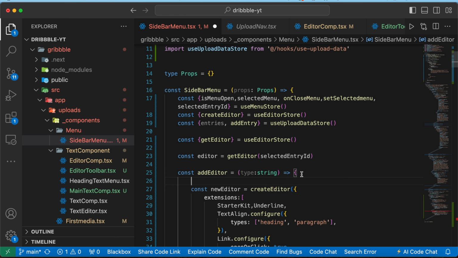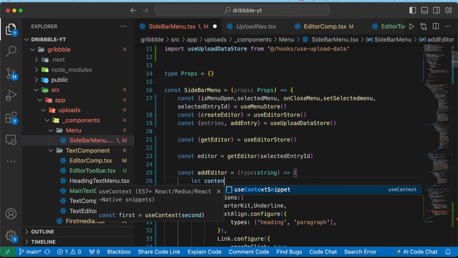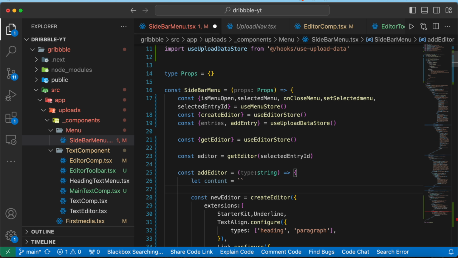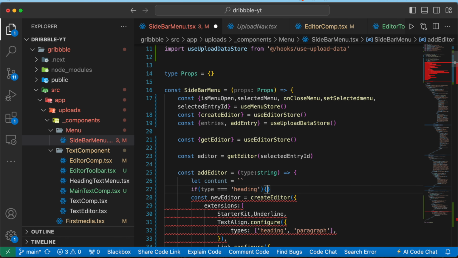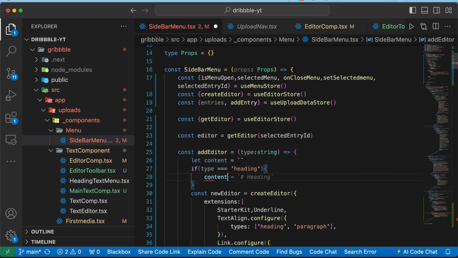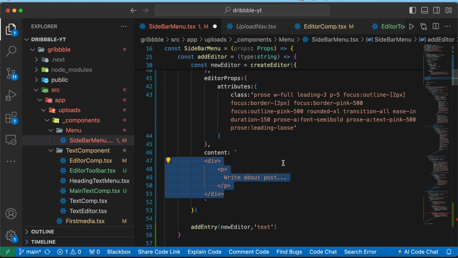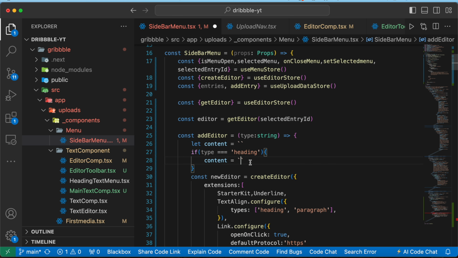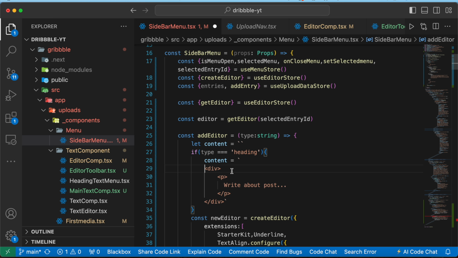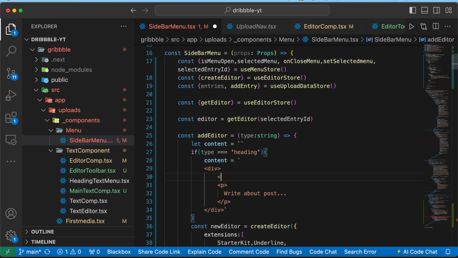Okay, now let's make a content, so let content is equals to empty string, then we are going to, if the type is equals to heading, then we are going to have content to be, let's go below, copy this, so this will be the content. Okay, let's add a hashtag here, so h1,